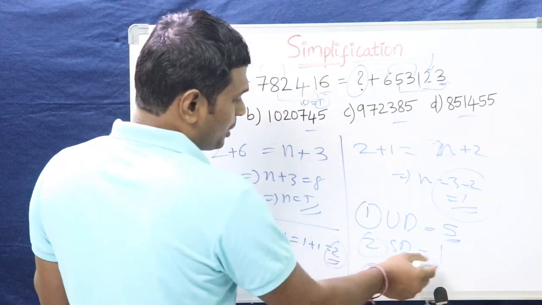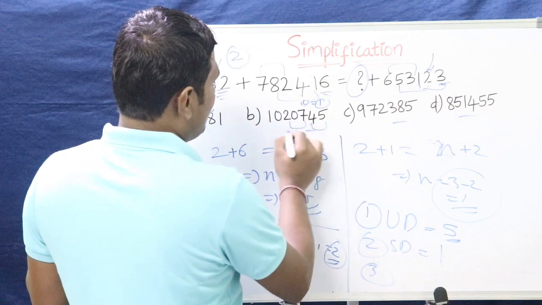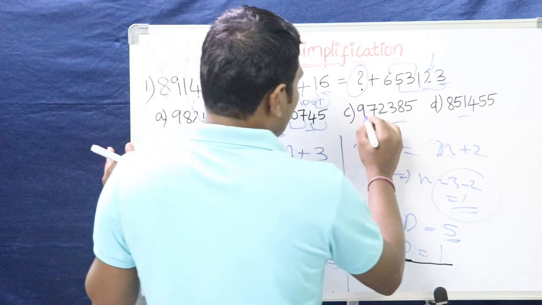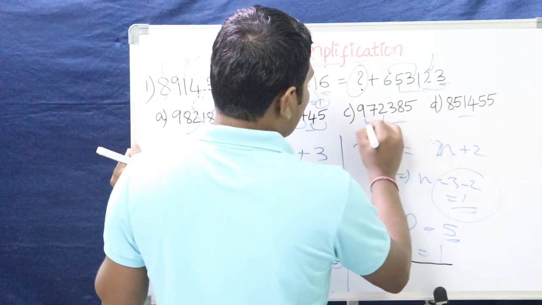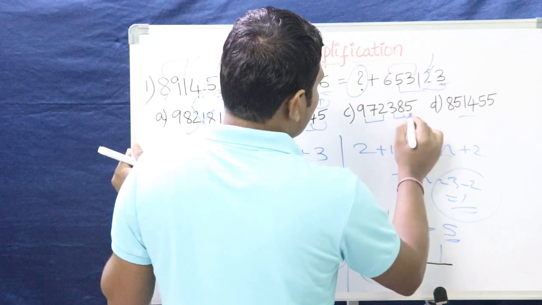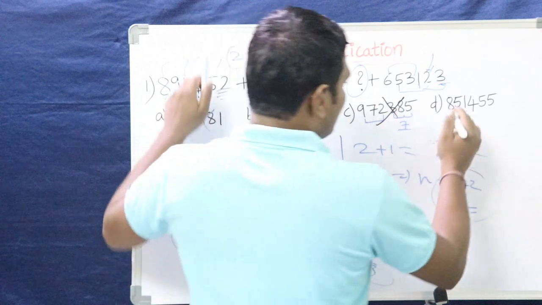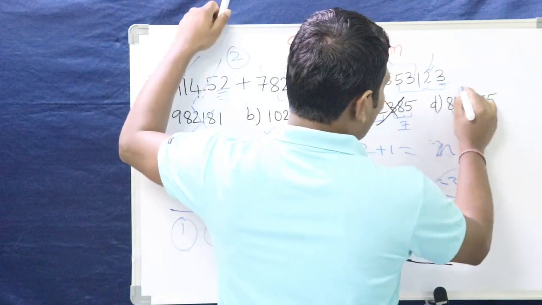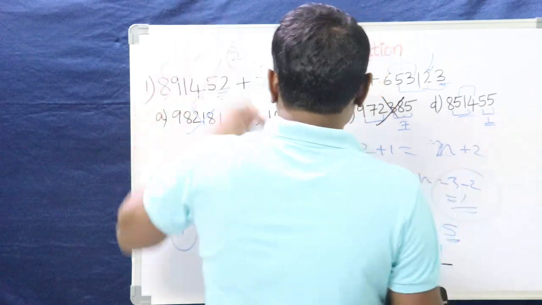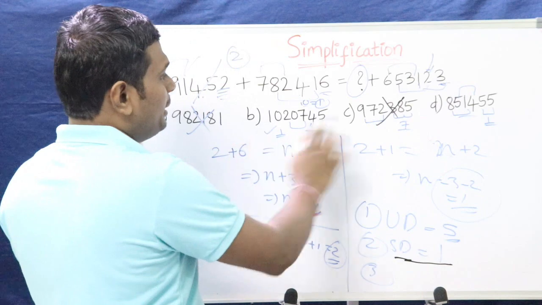We can quickly find the sum of the digits here. 2 plus 7, 9, 5 plus 4, 9. So this may be a possible option. Let me come here. 9 plus 9, we can rule it out. And 3 plus 8, 11, 11 plus 5, 16, that is 7. So this is not the answer. Let me take the other one. 8 plus 1, 9, 5 plus 4, 9. 5 plus 5, 10, that means 1. So we are left with these two options, B and D.